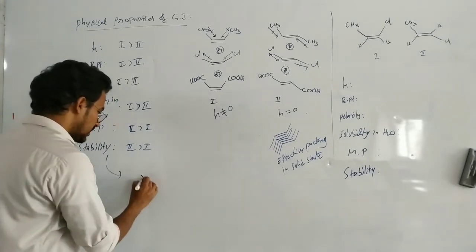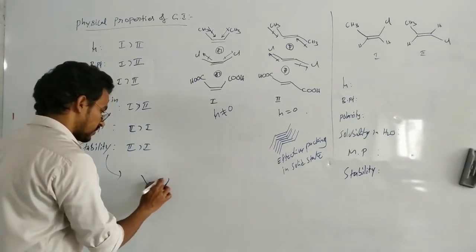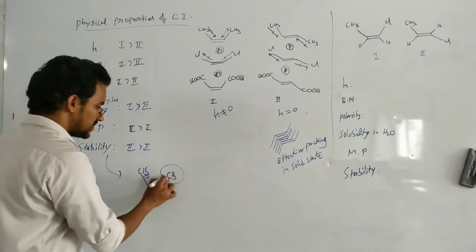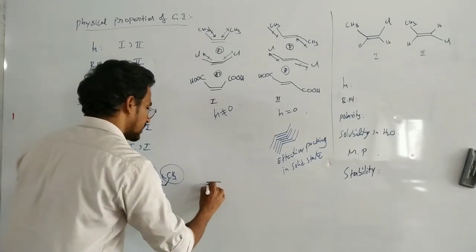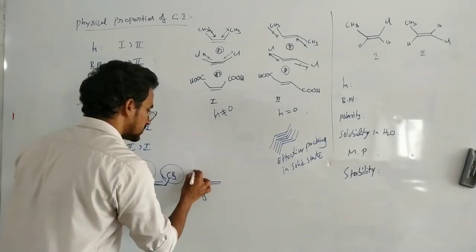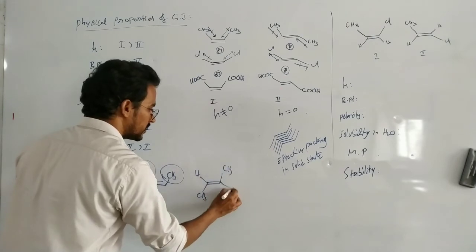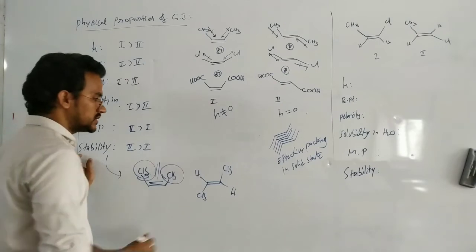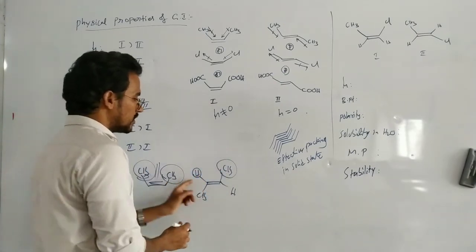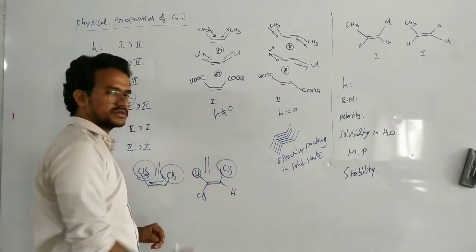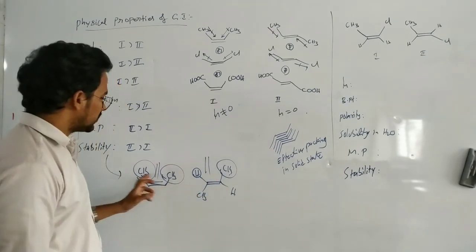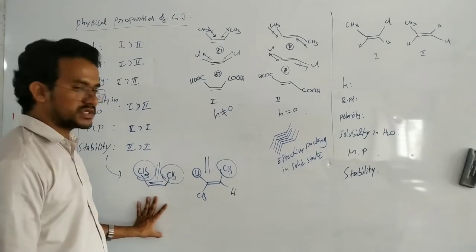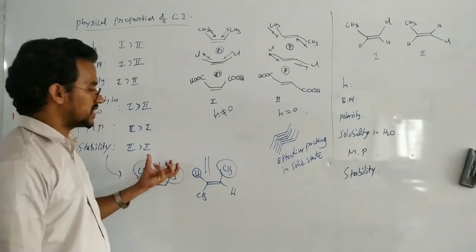Why is it more stable? Here this is a cis isomer. CH3 and CH3, this is the methyl, this is the methyl. Now I am writing the trans isomer. Here hydrogen. Here there are repulsions between two bulky groups; here, repulsion between one smaller and one larger. Here there are less repulsions between these two groups. Here more repulsions between the similar groups. So that's why the extent of the repulsions is higher when both bulky groups are on the same side.